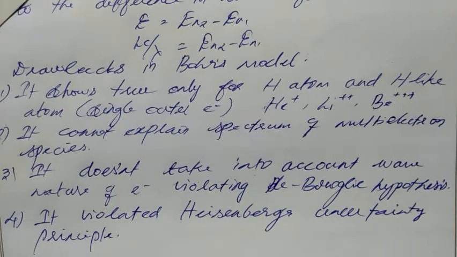It is just given as Heisenberg's uncertainty principle. But you know, it means we cannot find the position as well as the momentum of an electron simultaneously. Either we can find the position or we can find the momentum. We cannot find both at a single place. That is Heisenberg's uncertainty principle.